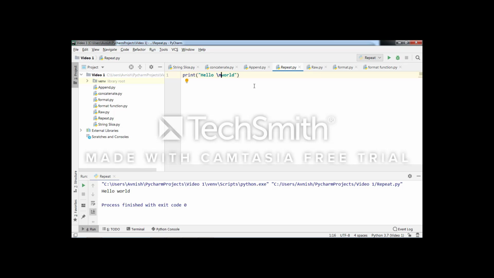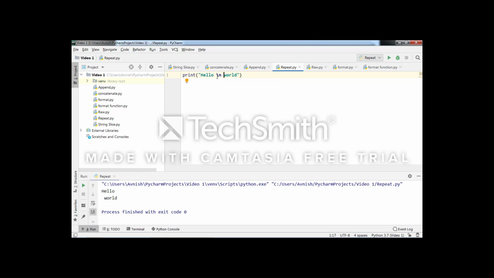We will see what the output will be by using this \n. See, the output is changed. Now hello and world are displayed on different lines. This is due to \n. That means this \n is used to display your next word on the next line.